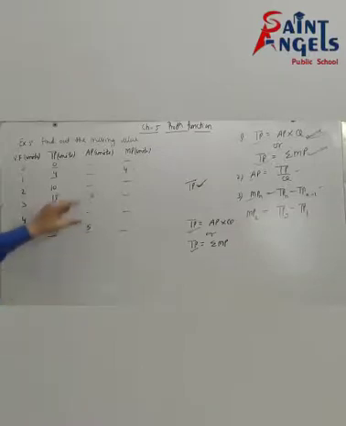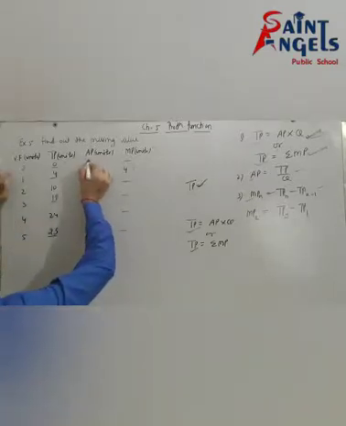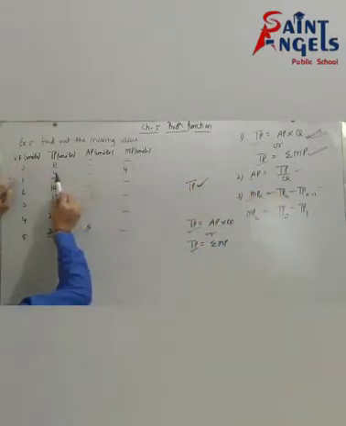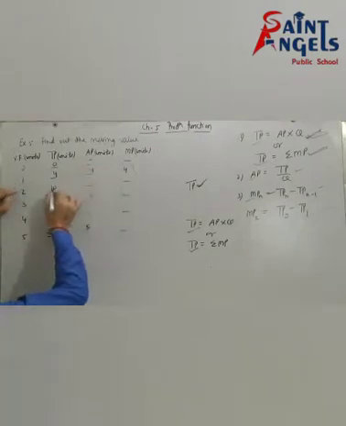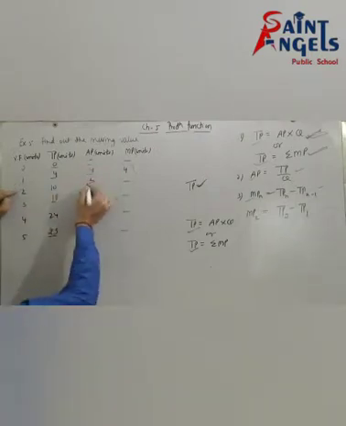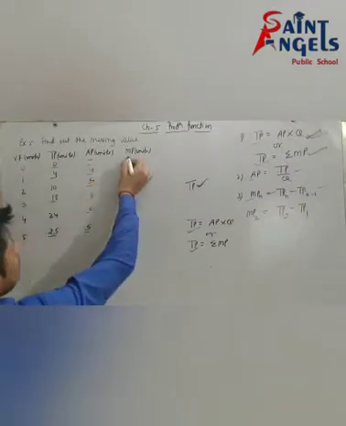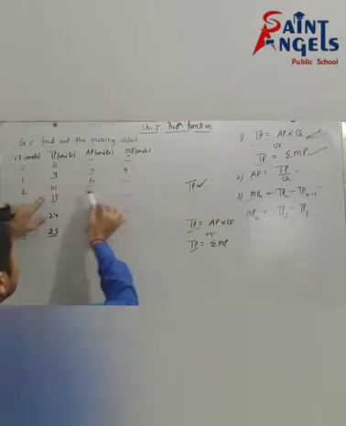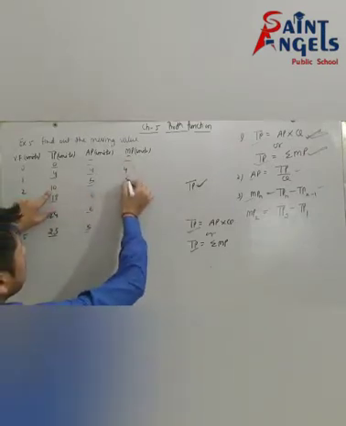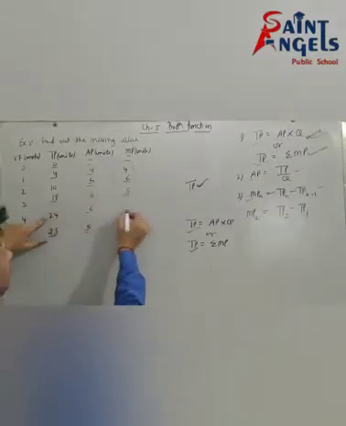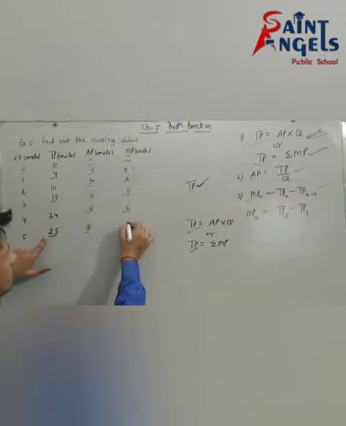Now it's up to you. You can find either AP or MP. See, I am finding here AP. So first will be dash. Then what is the formula of AP? TP divided by Q. 4 divided by 1 means 4, 5, 6. Now again first will be dash. See, for this second minus first, 6. For this second minus first.